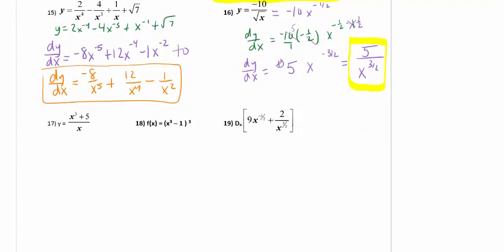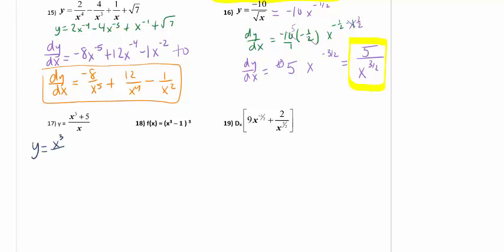Going to number 17. This problem's a little different, but notice I'm dividing by a monomial, so we still want to rewrite it so I can use the power rule. We will learn that there's a quotient rule for this problem, but you don't want to use the quotient rule if you don't have to. It's actually a complicated format. So the better thing on this one